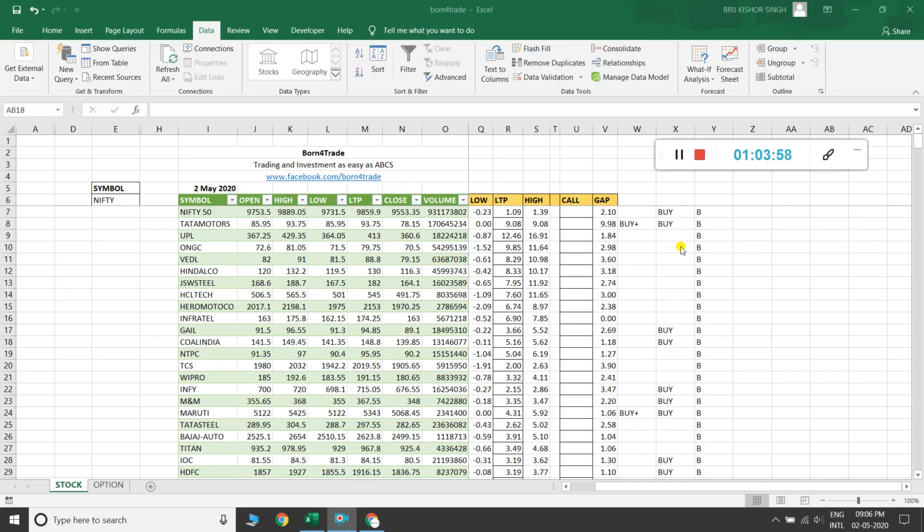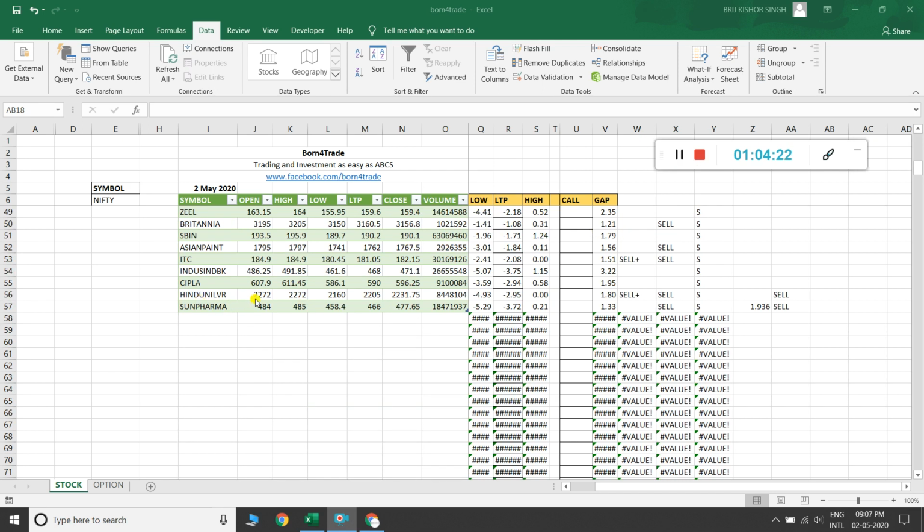Okay, so now I am combining all three columns into one column. Here you can see in this column Tata Motors generates a buy plus signal, here also a buy signal, and here also a B signal.